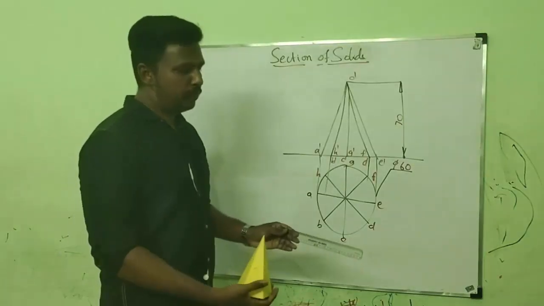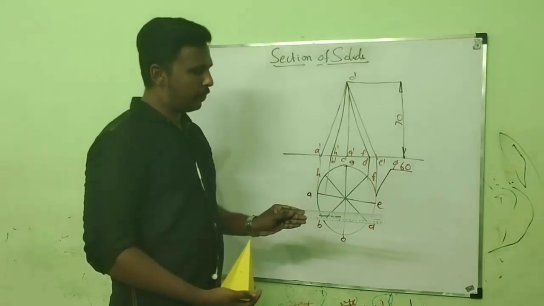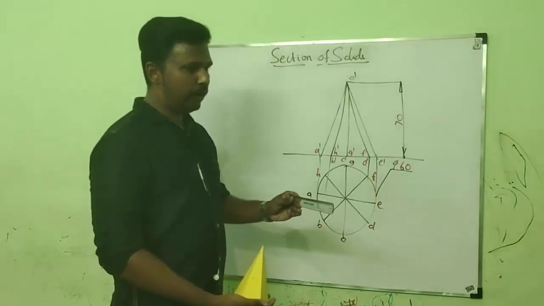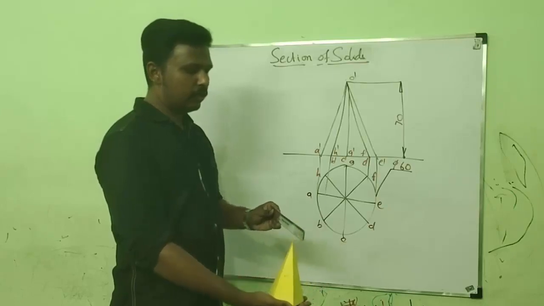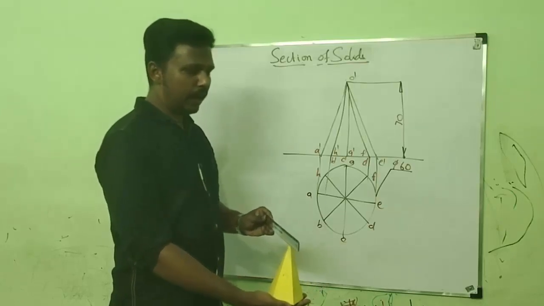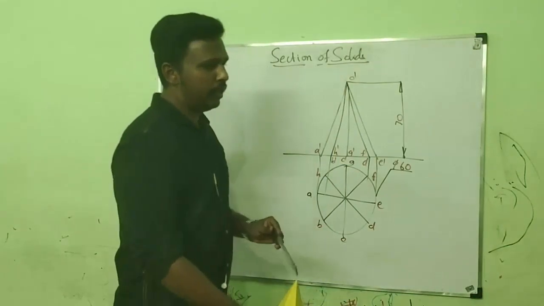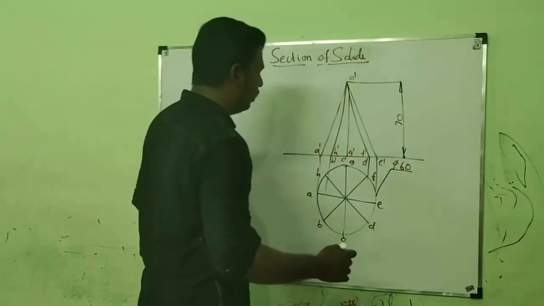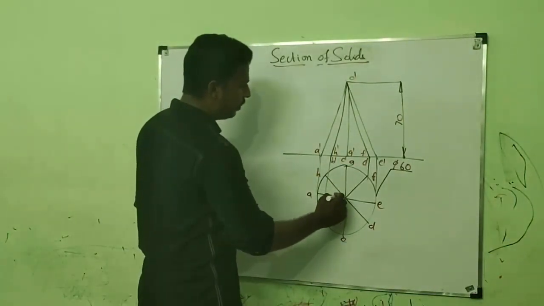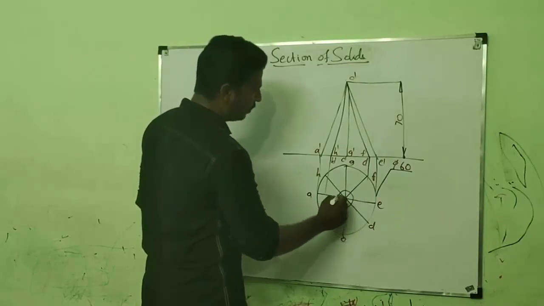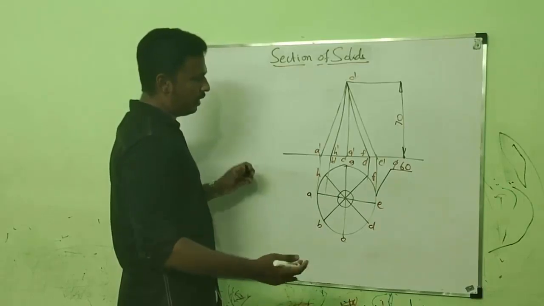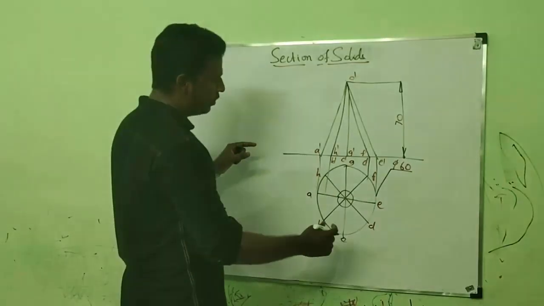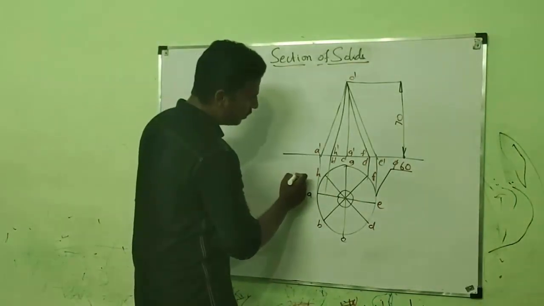The cutting plane is perpendicular to HP and inclined at 45 degrees to VP and cuts the solid 10 mm away from the axis. So the cutting plane will be visible as a line in the top view. We have to draw the cutting plane as a line in the top view, and the cutting plane meets the solid 10 mm away from the axis. Draw a circle having 10 mm radius. Tilt your drafter scale to 45 degrees and cut the solid like this.